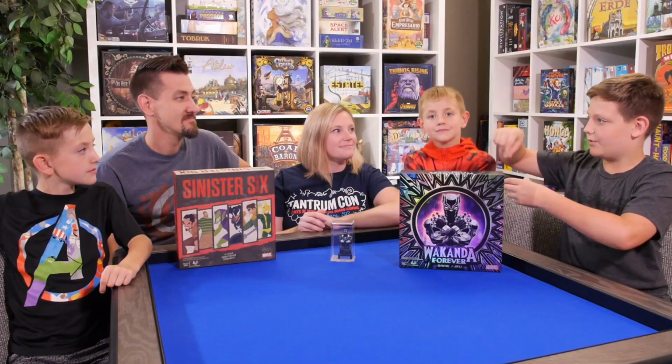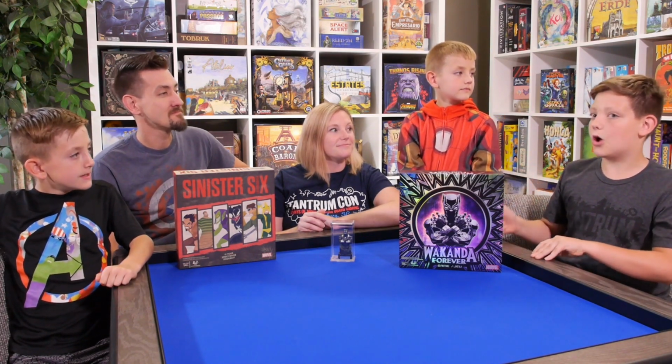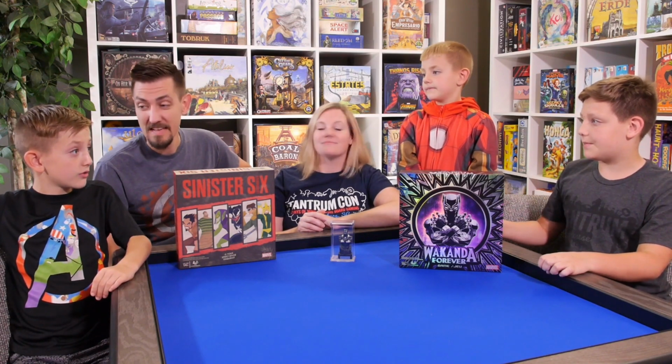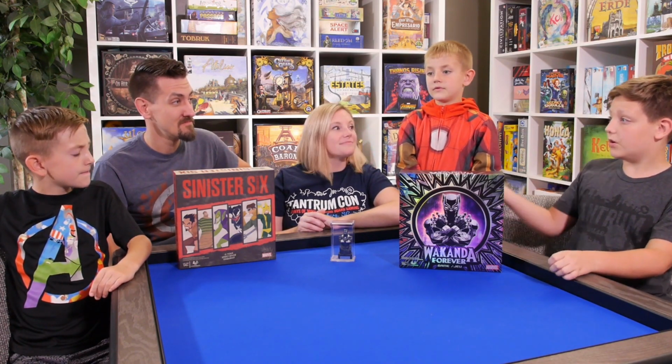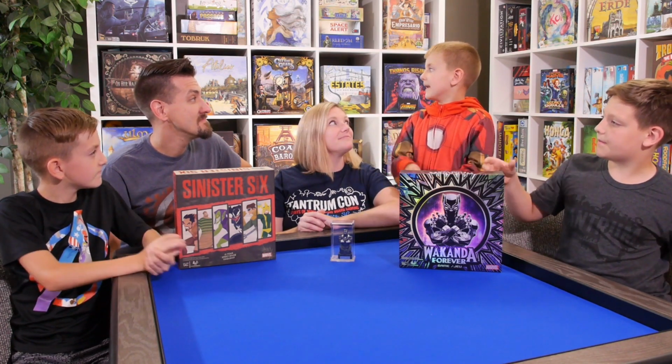hexagon piece that you put your cube on, and that's how many lives the bad guy has. People like Loki have 23 or something. Yeah, he was really powerful. How do you actually beat him? You have like a little bucket or something, then you put vibranium in, and that's my